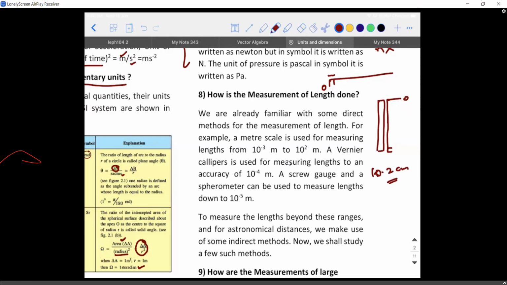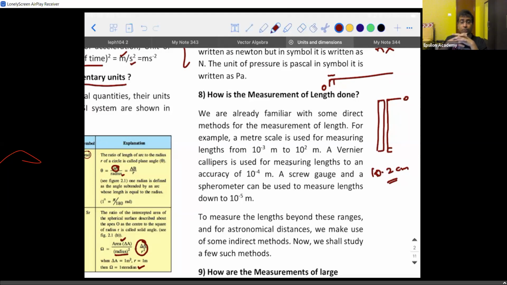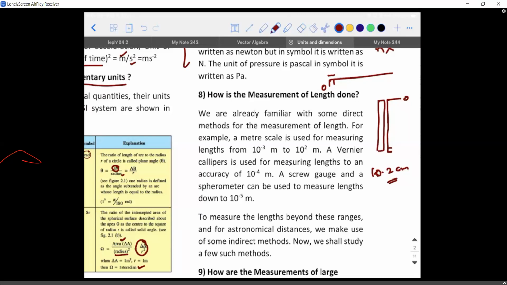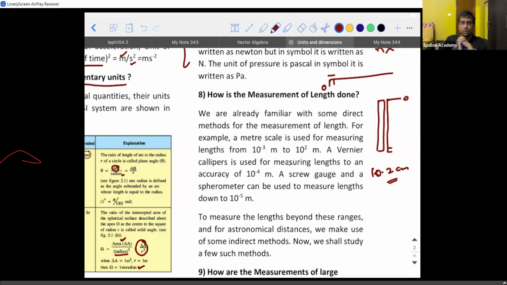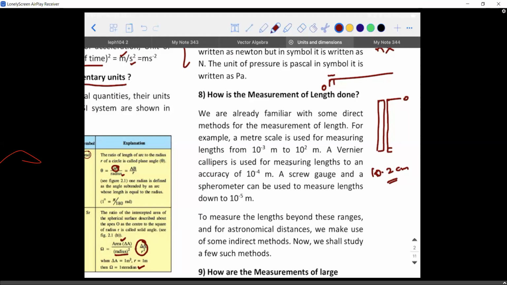No, sir. Why? Sir, because only till millimeter we have a defined answer from the ruler, sir. Yes, you're absolutely right. So how can you make it more perfect? We need another unit, sir. You need another device which is more precise. Yes, sir. You're able to understand.